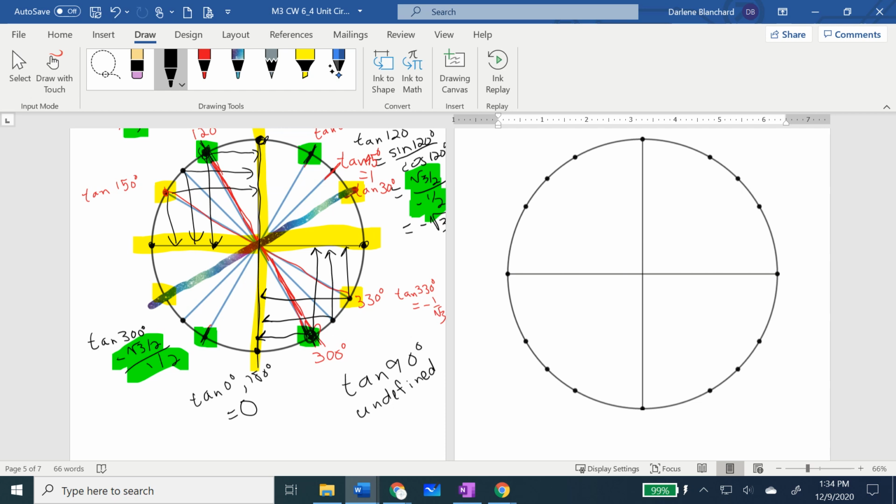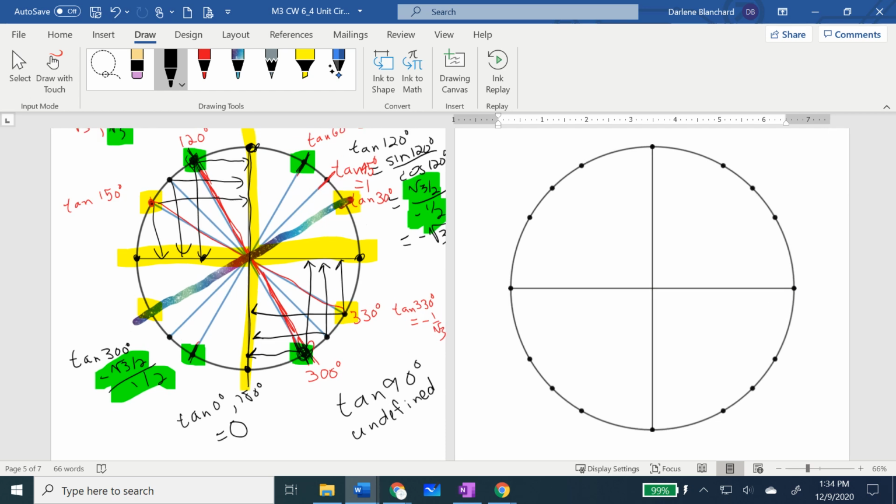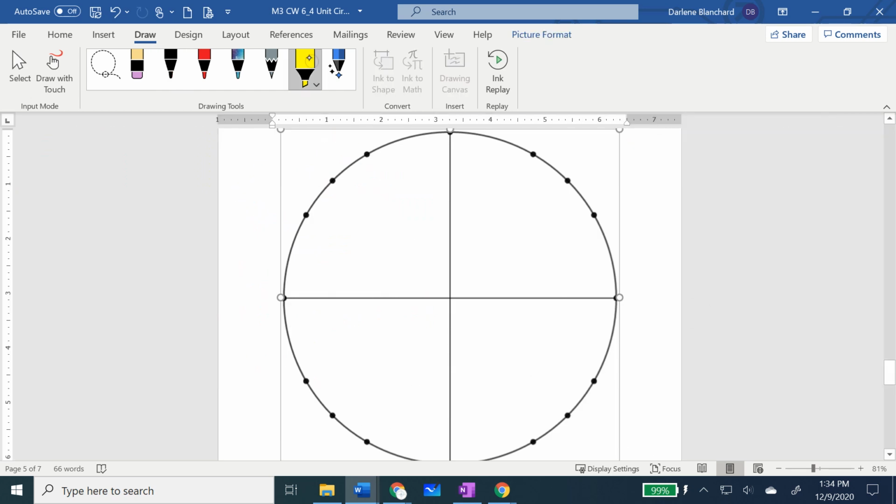Then when you bring cotangent into the mix, you have to remember it's reciprocal. That means with cotangent, where tangent has a 0 slope, cotangent is